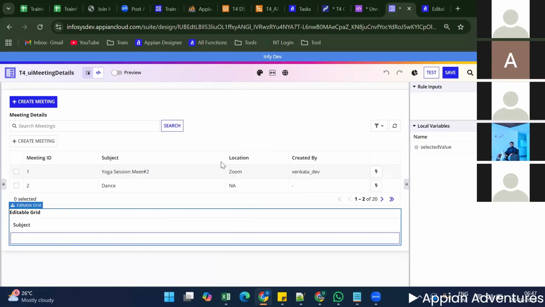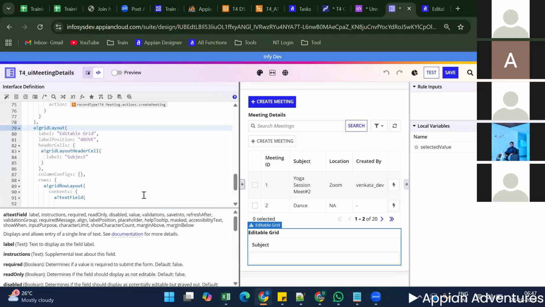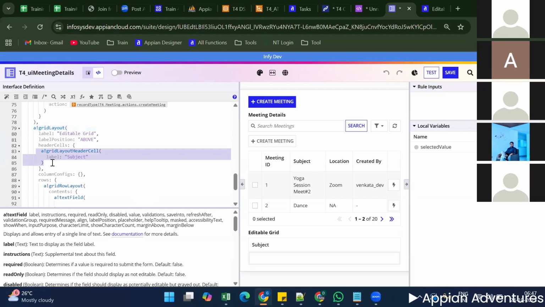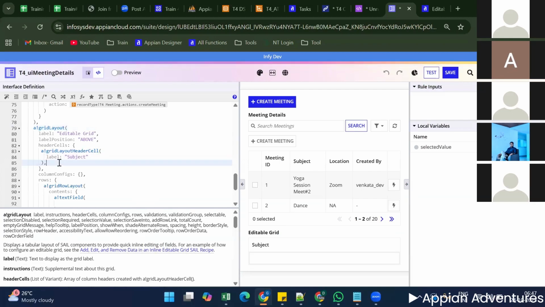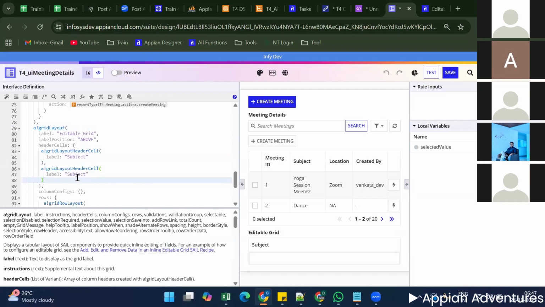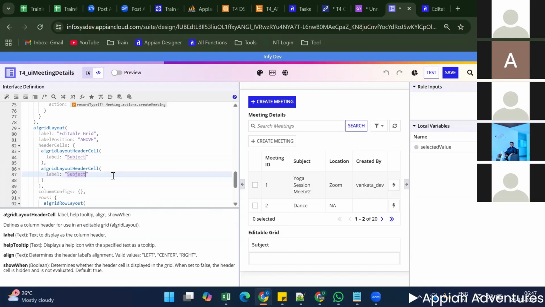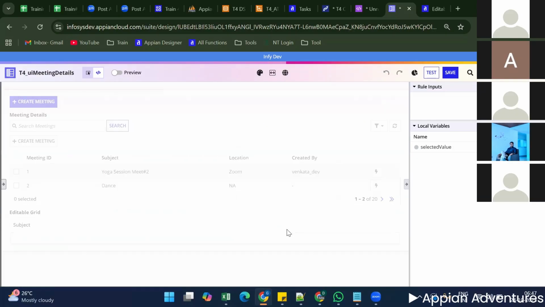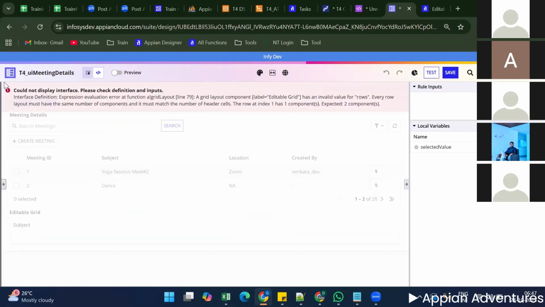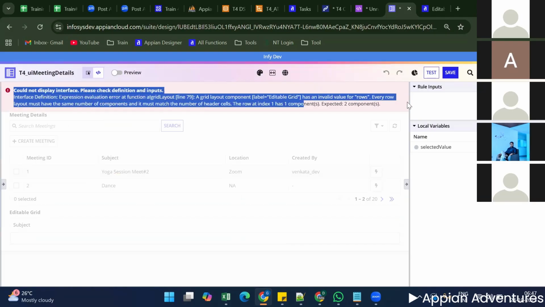Like that, if you want to add a location as well, if you want to edit the location as well, how will we do it? For adding the location, we need to add one more grid layout header cell, guys. I have added it for the location. Now you can see the location header cell got added. But there will be an issue, a quite common issue we are facing. I will list out this issue